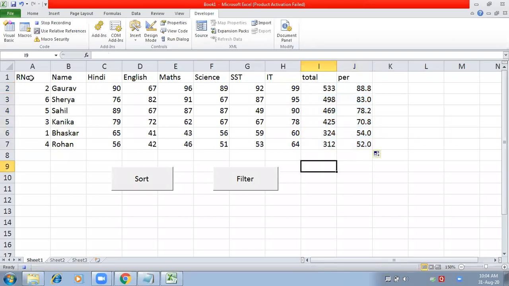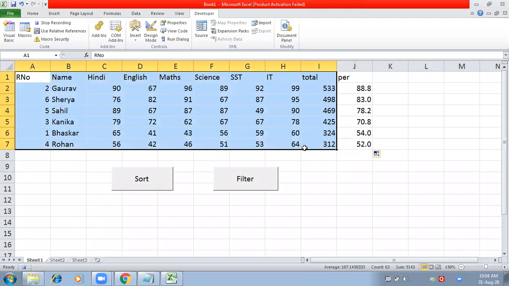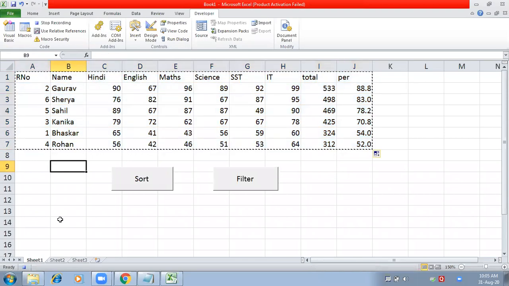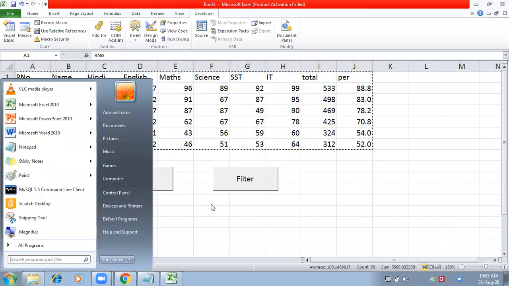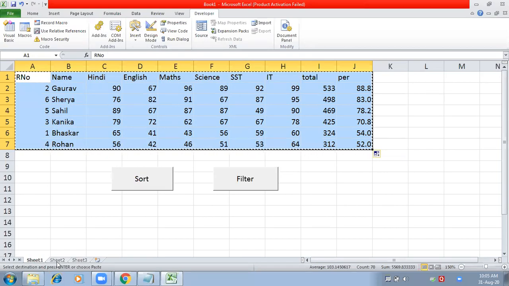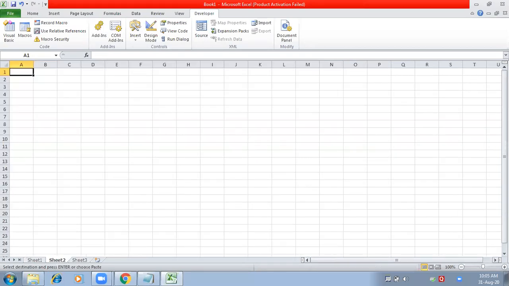Okay, now let us copy the data on some other sheet so that we can check whether it is working on the other sheet or not. First we have to stop the recorder. So stop recorder, macro is created now for calculating the total and percentage. I'm going to copy this and paste it on a new sheet of the same workbook.